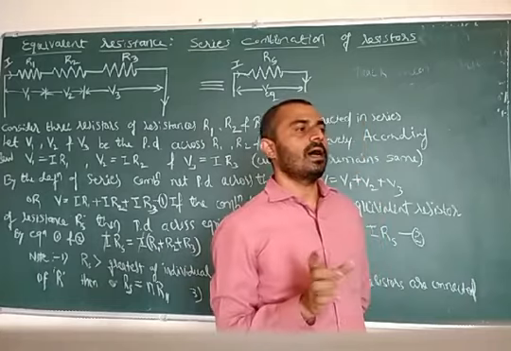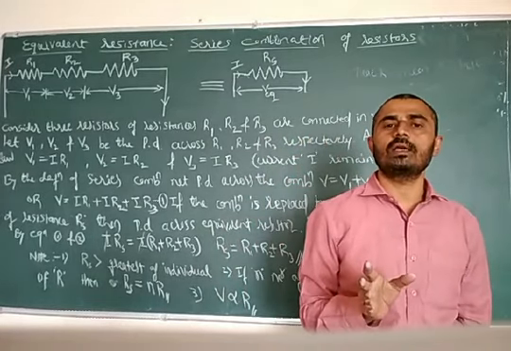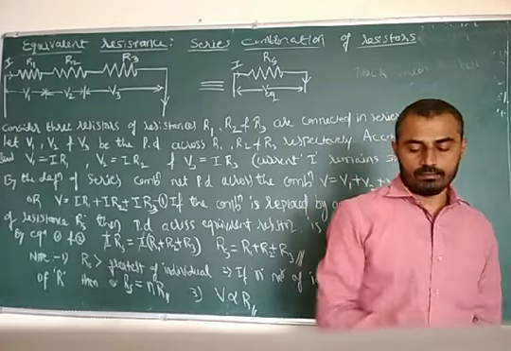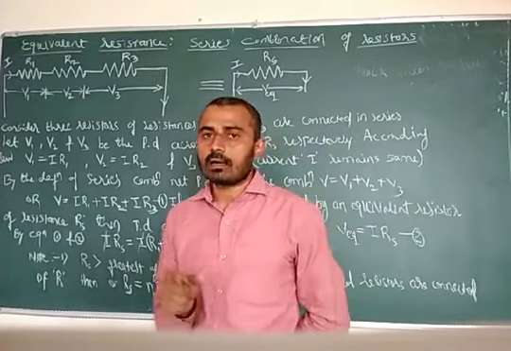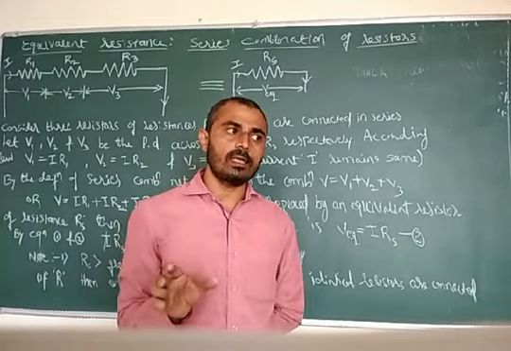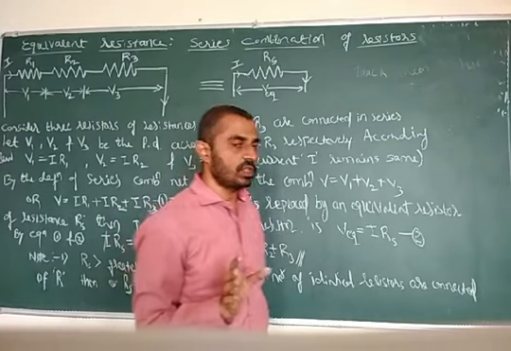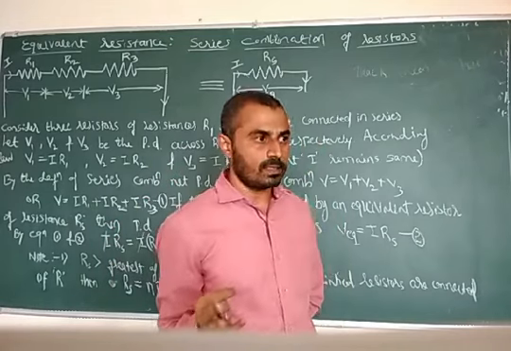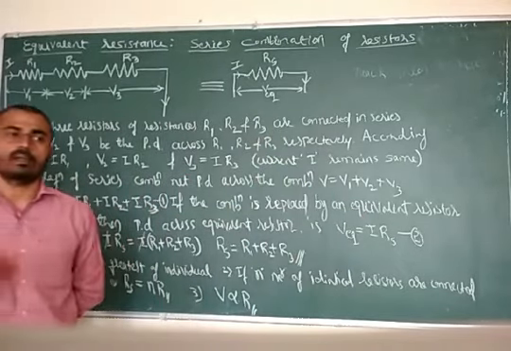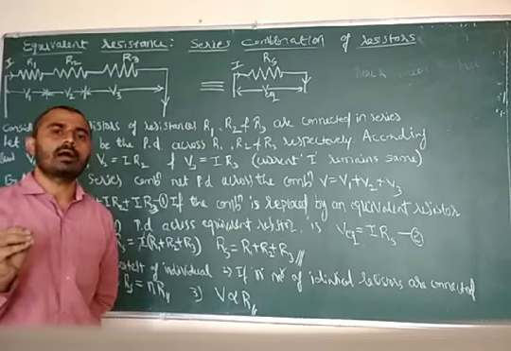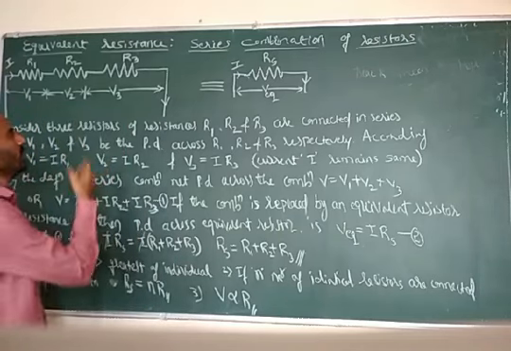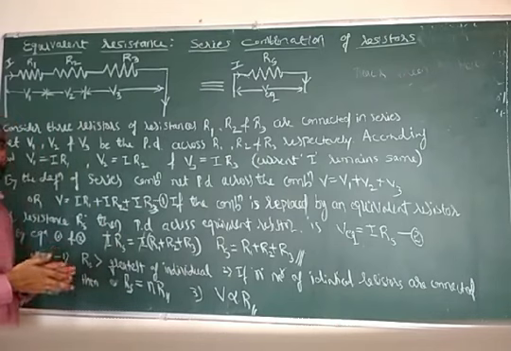Series combination or a series grouping is nothing but connecting the electrical components end to end. I am saying here electrical components. Electrical components means in general all these three are taken as electrical components. Which three? Resistors, inductors, capacitors. These are three components commonly called electrical components. Here particularly, you can take the resistors.